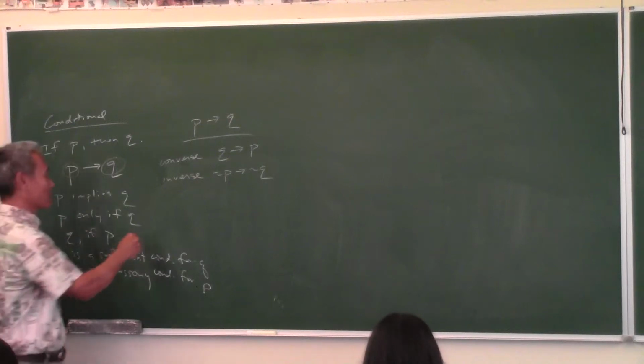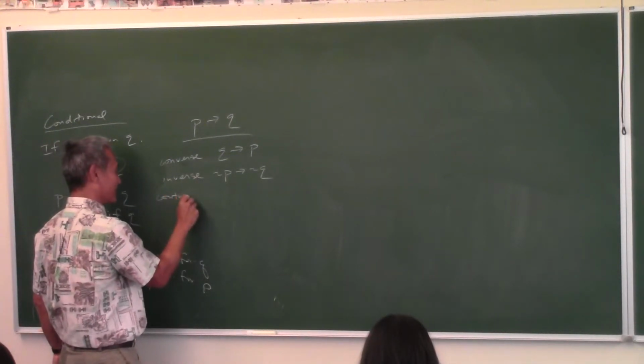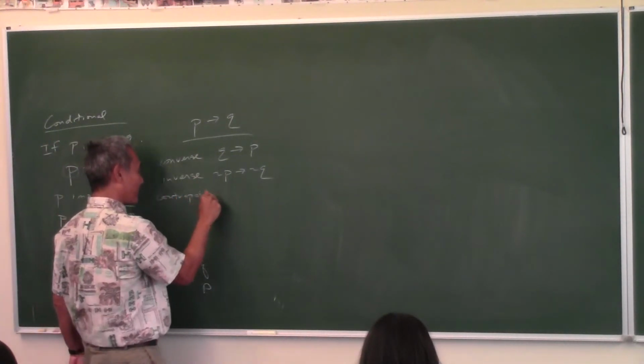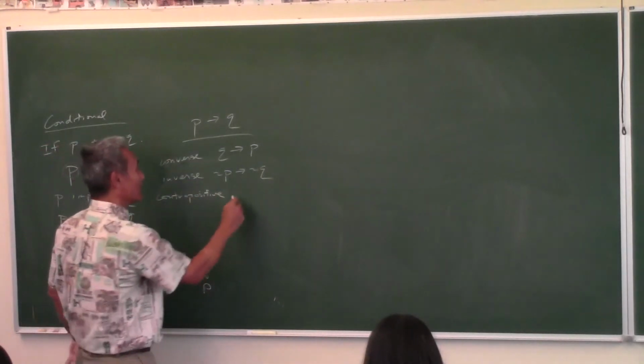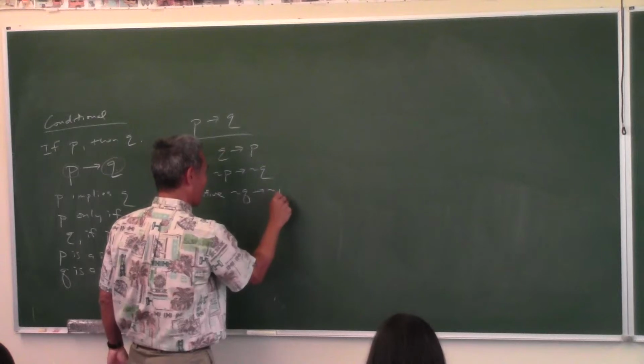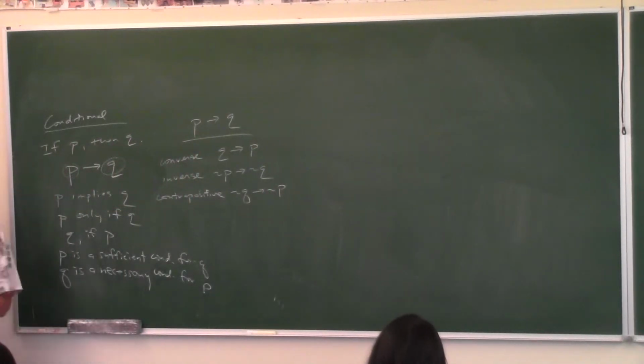And then let's do the last one. It's called the contrapositive. What is the contrapositive of P implies Q? Not Q implies not P. There you go. So tonight's homework, see look, I give you a conditional statement, you have to form the inverse,